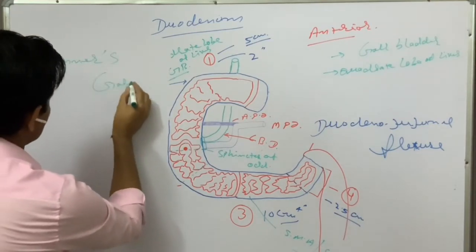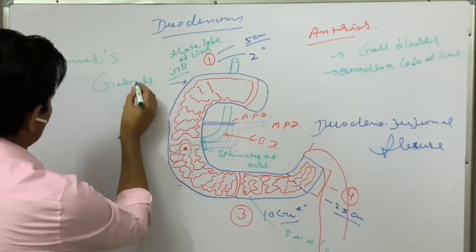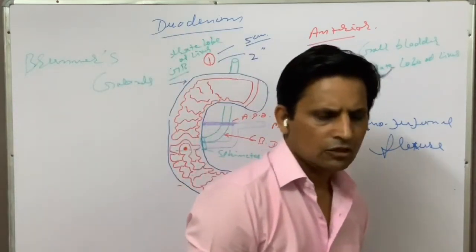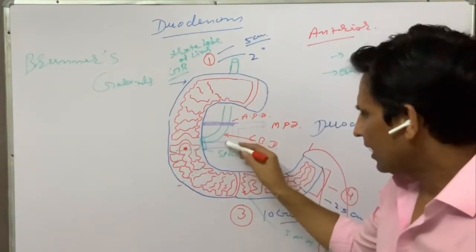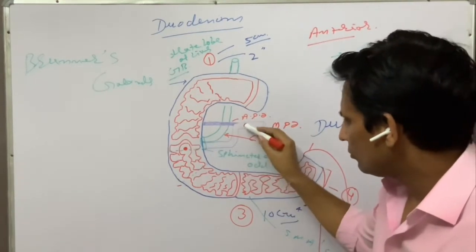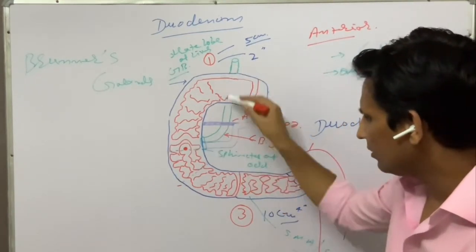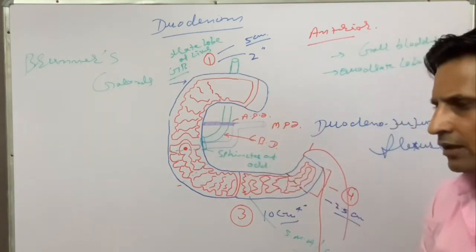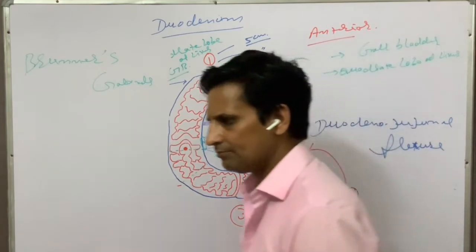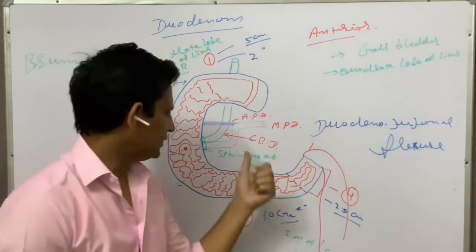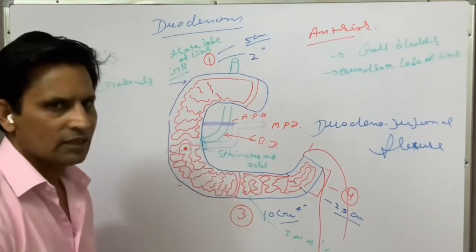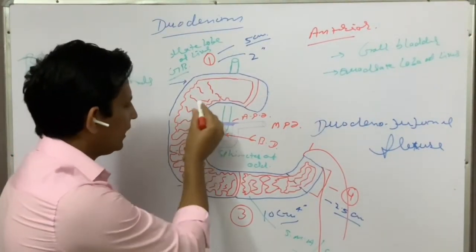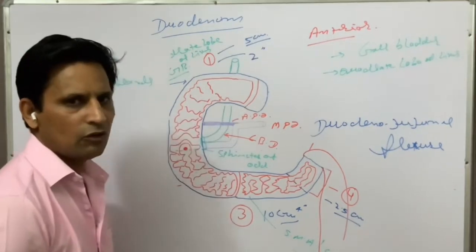That was a scientist, and the glands were named after that scientist. These glands are Brunner's glands. As you can see, some vessels are coming from the liver and gallbladder and from the pancreas, and they contain specific kinds of enzymes. Along with the enzymes, these vessels contain alkaline fluid, and the alkaline fluid helps to normalize or neutralize the acidic environment of the